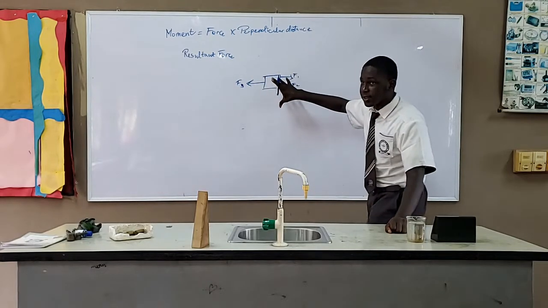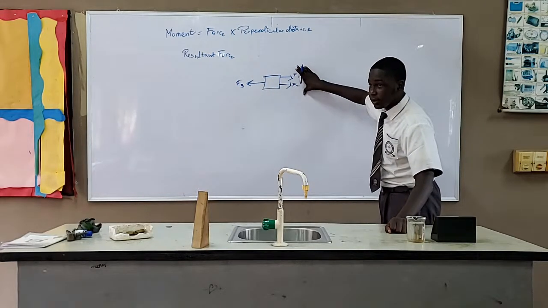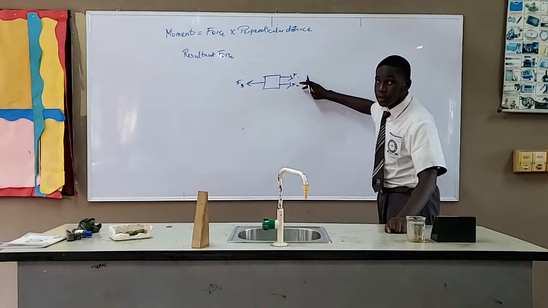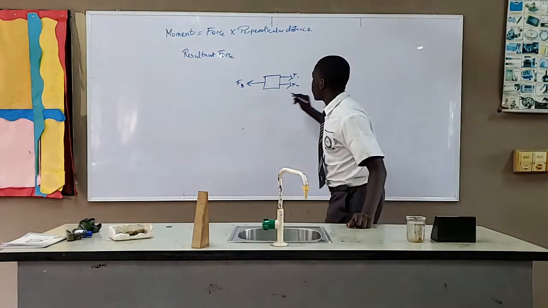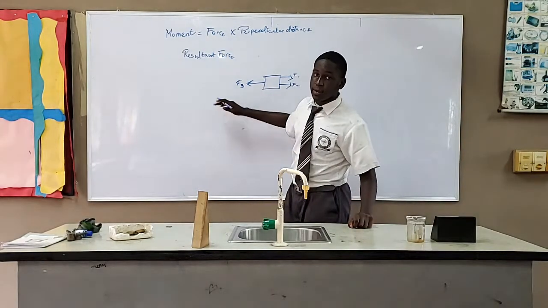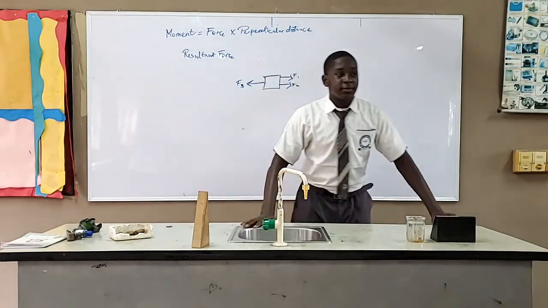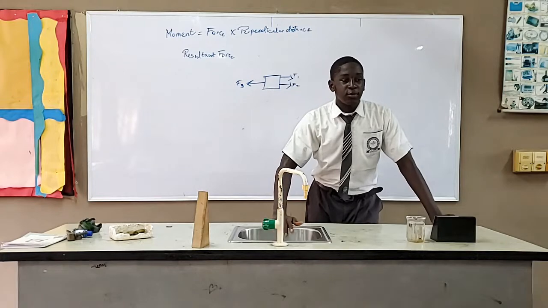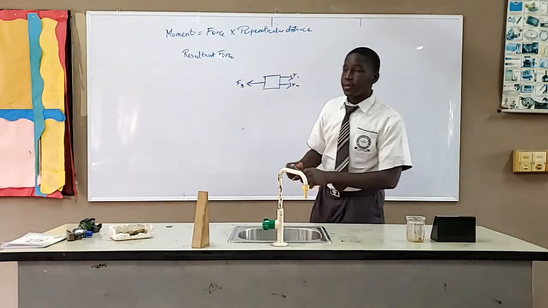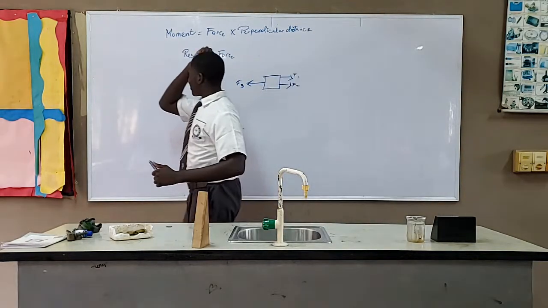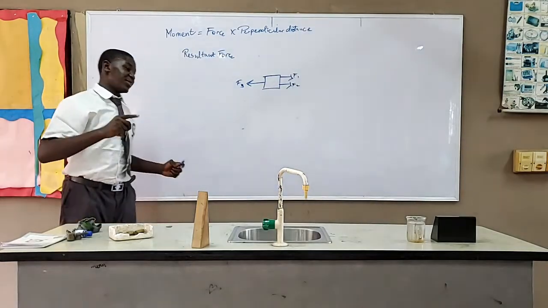It still has the same effect as F1 and F2. We go to the equilibrants. The equilibrant of an object